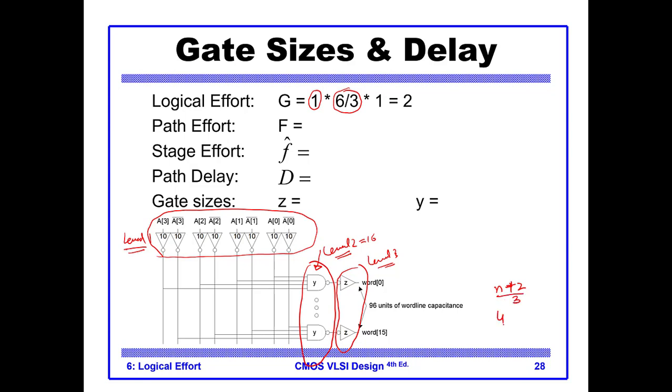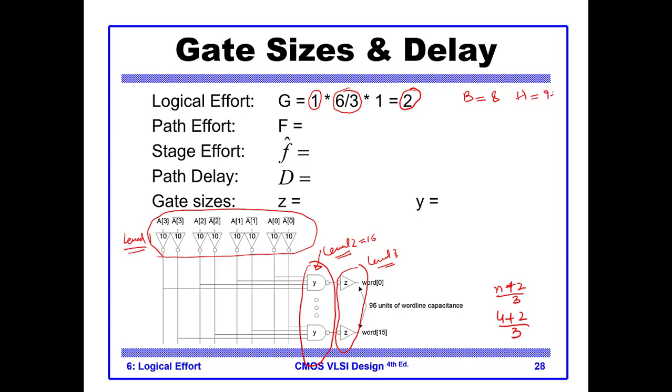In this case we have 4 inputs, so 4 plus 2 over 3. So that's why it is 6 by 3, and the last stage is again an inverter, so it is 1. So we get the capital G equal to 2,